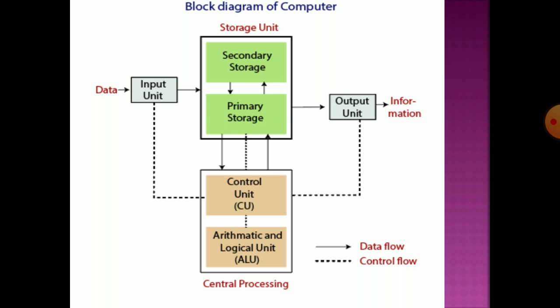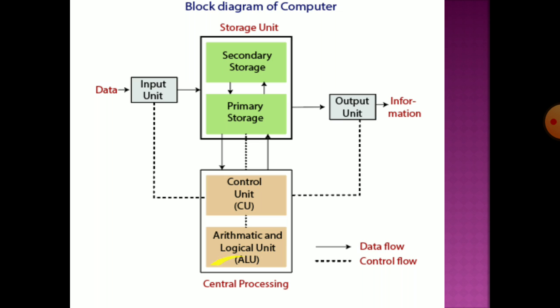Done? Understand, the data which you want to store permanently for a longer period of time, we have to store it in your secondary storage, and the data which you want to store for the time being, temporarily, then we store it in your primary storage. Done? So after entering the data through your input unit, it will be there in your storage unit and then it will be sent to your CPU for the calculation purpose. Done? So here it will come into your CPU, and if you want to perform any calculation, it will come